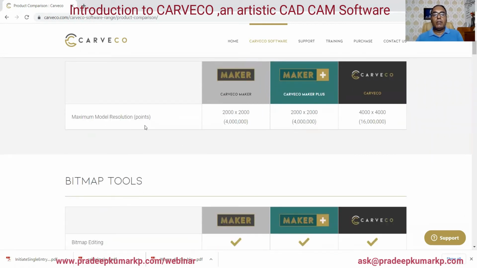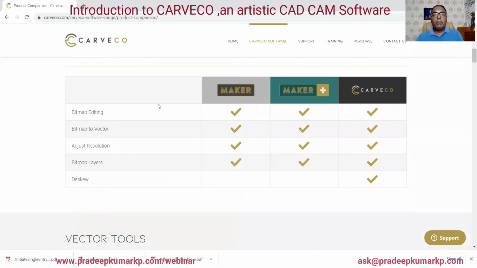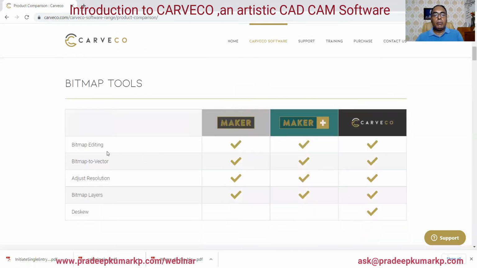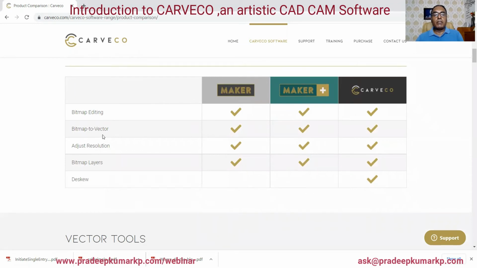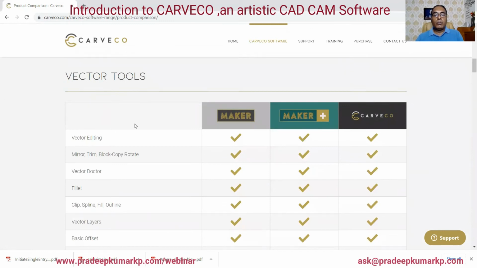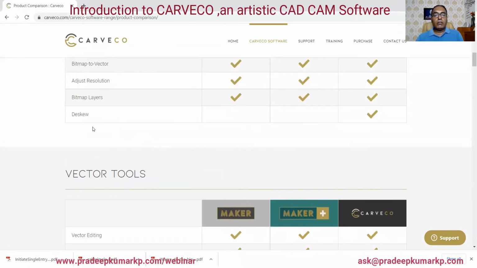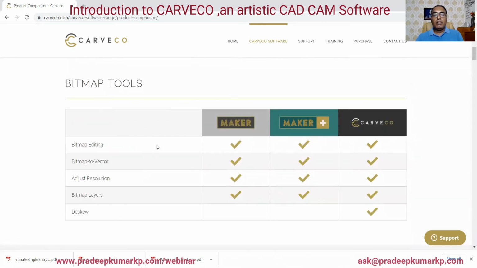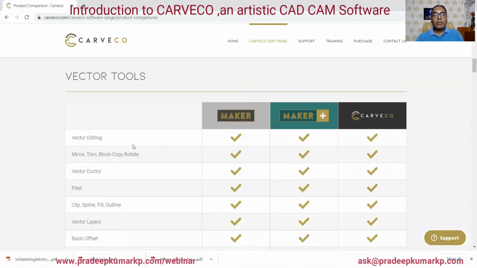In the Maker bundle, you have a max resolution of 2000 by 2000 pixels only. In bitmap, you can do bitmap editing and convert bitmap to vector. We can adjust the resolution, and there are also bitmap layers. Then vector editing tools: DustQ is not available with the Maker, but vector editing tools are available.